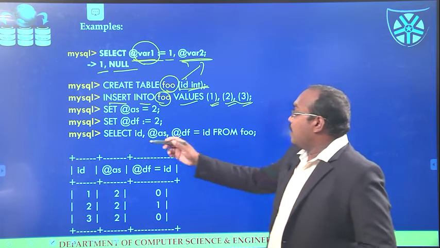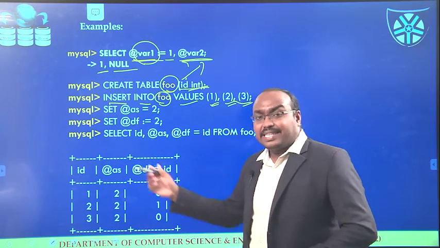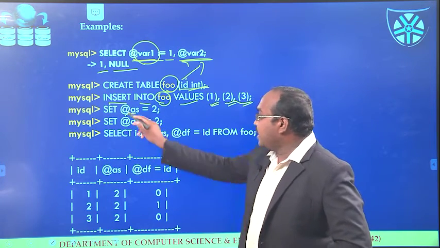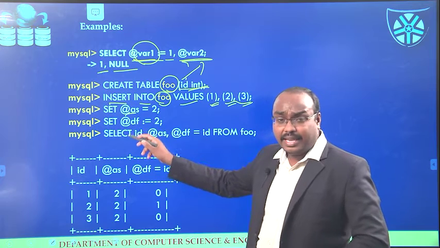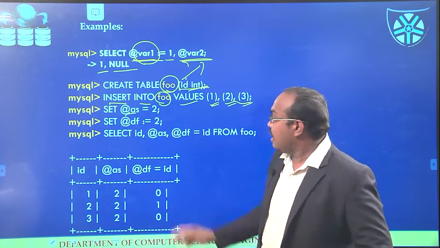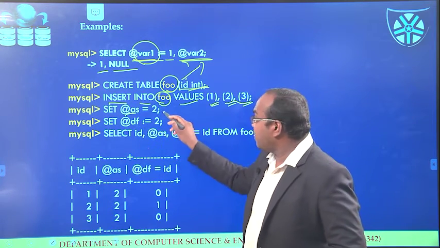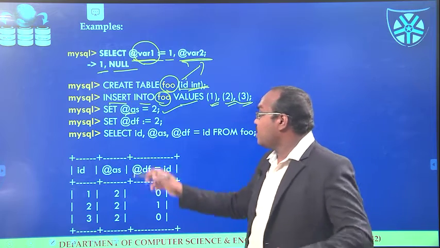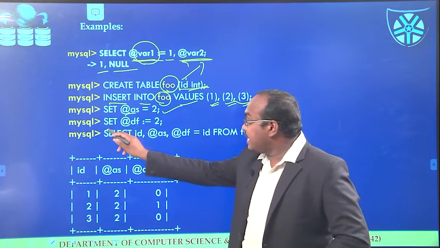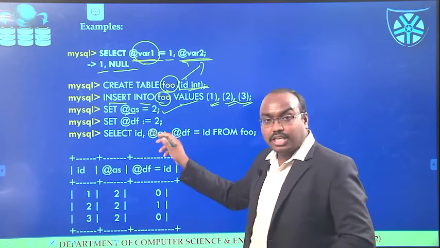Next I will set the variable values. AS is one variable, and I am assigning it the value 2. And the next, @df: set @df equal to 2.